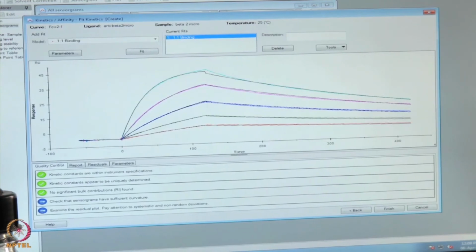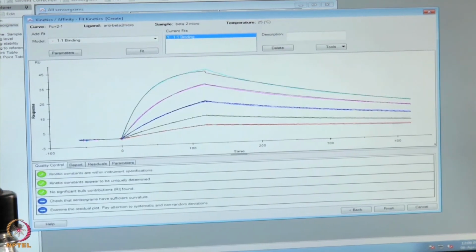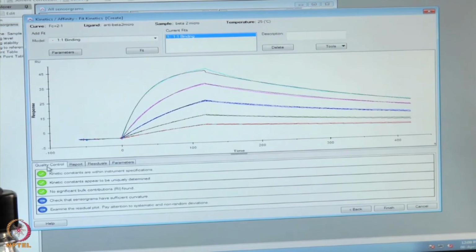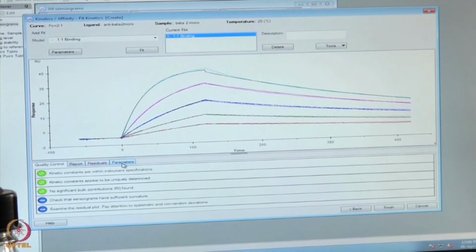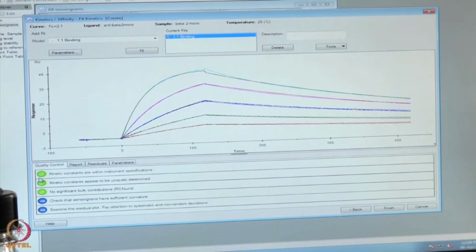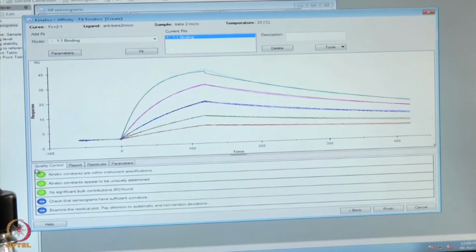Okay, and then this is the output. If you see these tabs here, there are 4 tabs: quality control, report, residuals and parameters. In your quality control you see all the green tick marks, which means that all the QC checks have passed. So kinetic constants are within your instrument specs, the kinetic constants are uniquely determined and there is no significant bulk